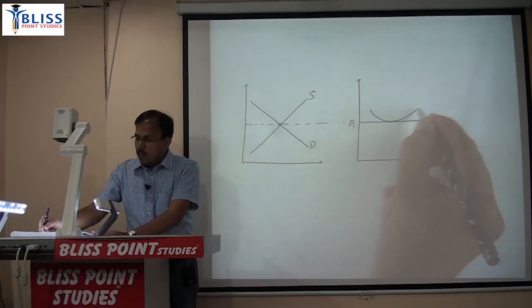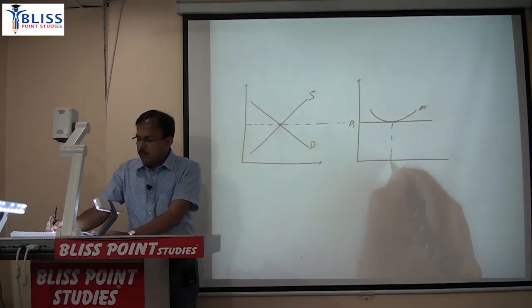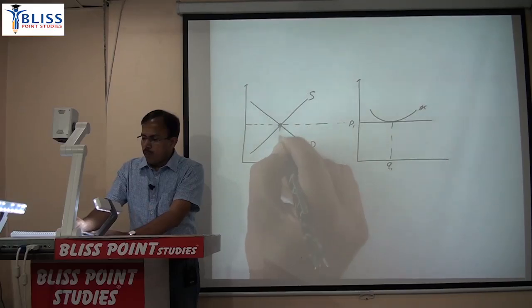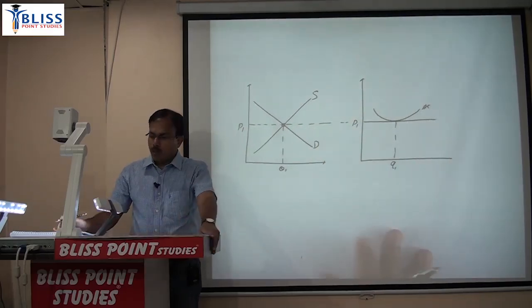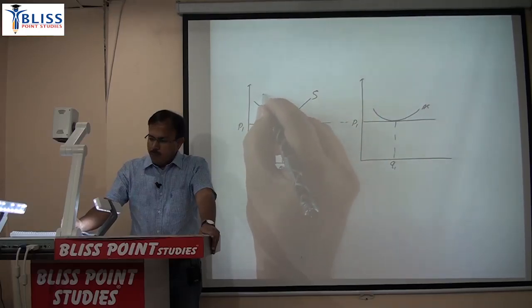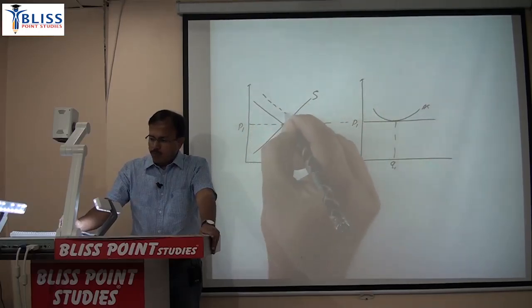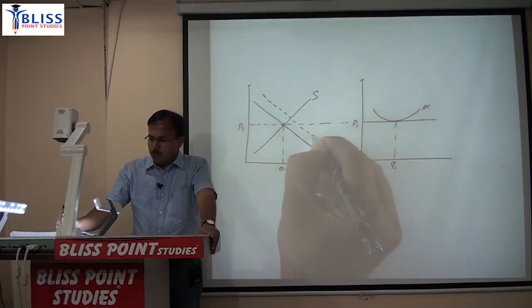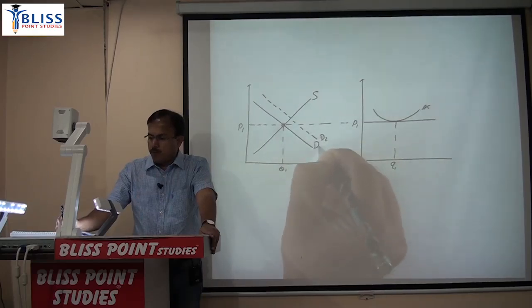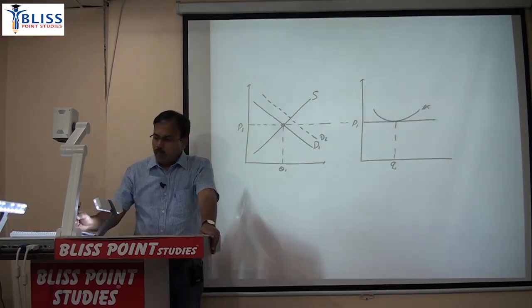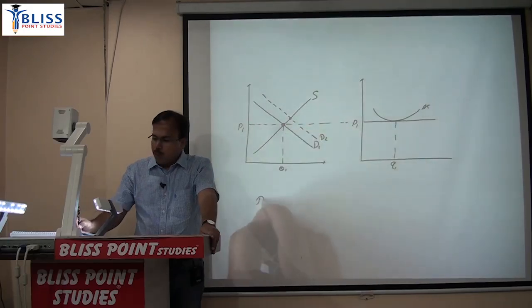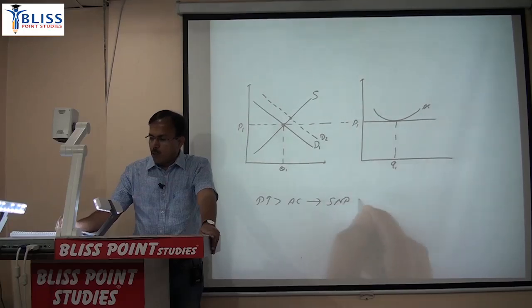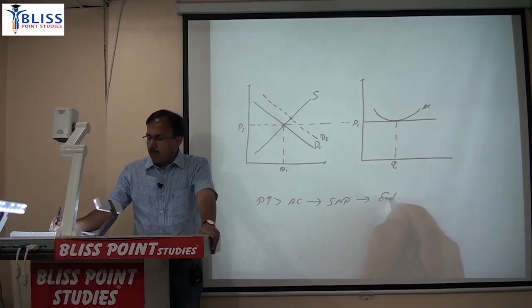Draw this average cost which is tangent. You have to always start with the same in all diagrams, up to this is the same. Then shift the demand curve by less magnitude, because you have to shift the supply curve more. Again price will rise initially, so when price will rise, it will become greater than AC, causing supernormal profit, and because of that there is